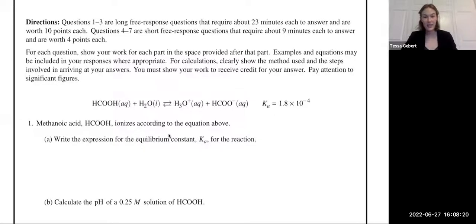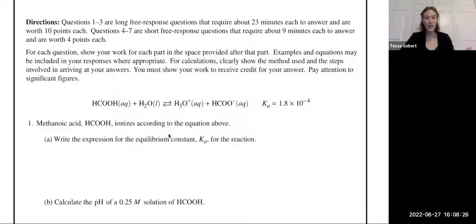But today we're going to be looking at an FRQ from the 2021 AP Chemistry exam. And so I like to use technology, so I will be sharing my screen with you to make sure that we can both see what's going on. So here we go. So this deals with the acid-base chemistry portion of AP Chemistry, which is probably the section that